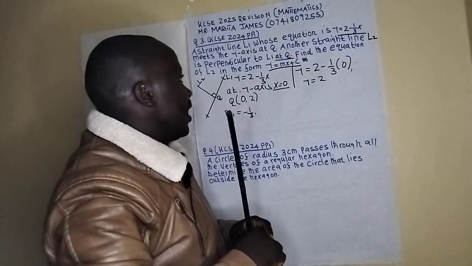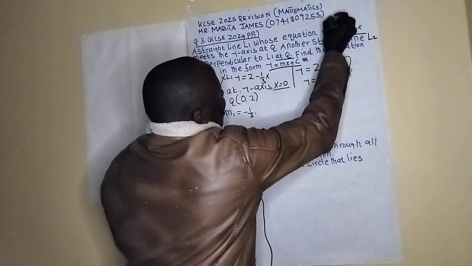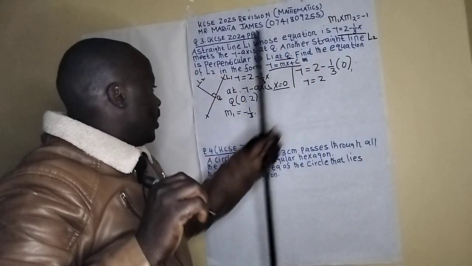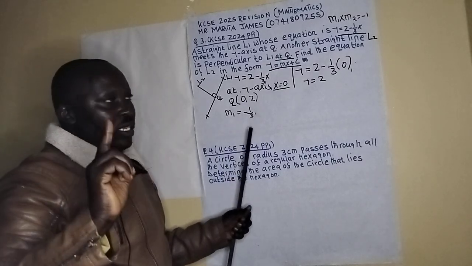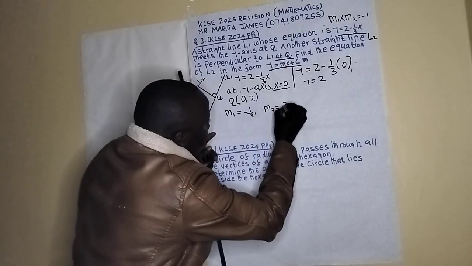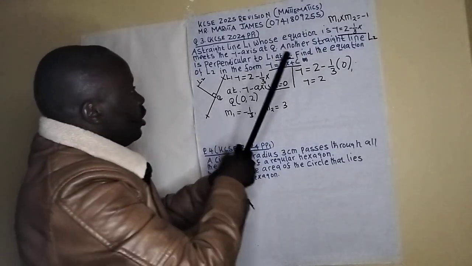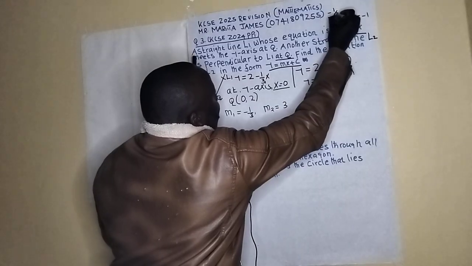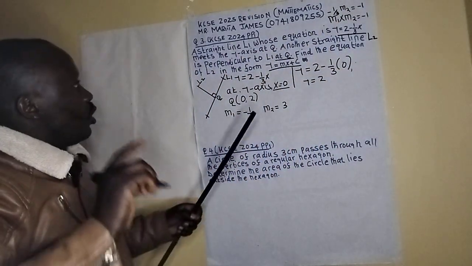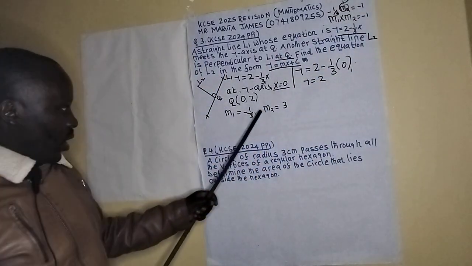There is one thing you need to understand: when two lines are perpendicular, the product of their gradients is equal to negative 1. It means that gradient 1 times gradient 2 is equal to negative 1. Now that our gradient 1 is negative 1 over 3, we are expecting that our gradient 2, which is line 2, must be 3, such that m1, which is negative 1 over 3, times m2, which we don't know, gives us negative 1. So the answer must be negative 1. If we replace this by 3, we get 3 by 3, which gives us 1. Therefore, our gradient 2 is equal to